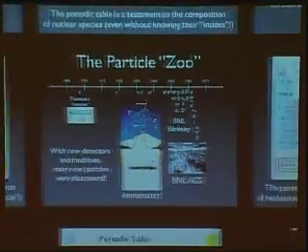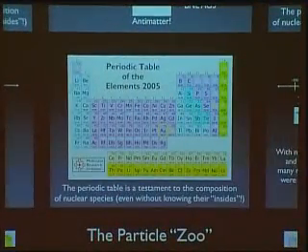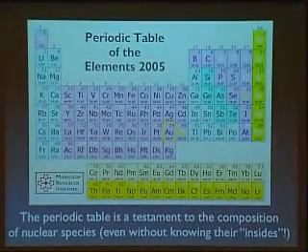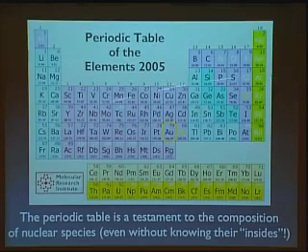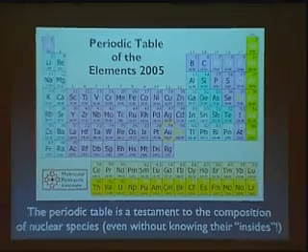It turned out that, just as in chemistry, and I have to make some comment about chemistry, being in the chemistry department, the periodic table is really a testament to understanding: you get some information about the composition of the various atomic states without really knowing what's inside. You don't really know that there are protons and neutrons inside an atom, but you can definitely order the states and even predict states that were never seen before. Similarly,